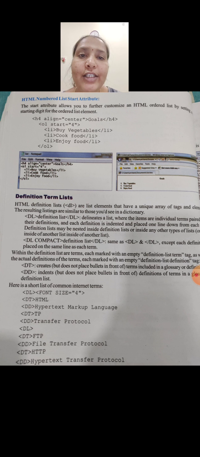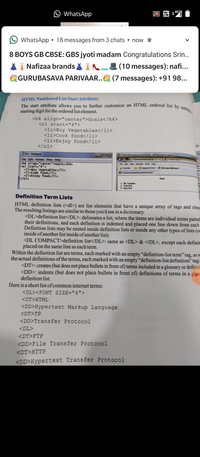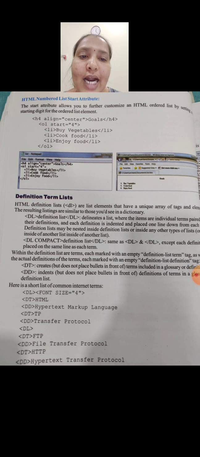See here, they have written the code like this: H4 align center goals, and they have closed the heading tag. Then they have opened the ordered list, and they have given start with the value 4. After that, they have opened the list and written some sentences. Then they have closed the list. Okay, then they have closed the ordered list.